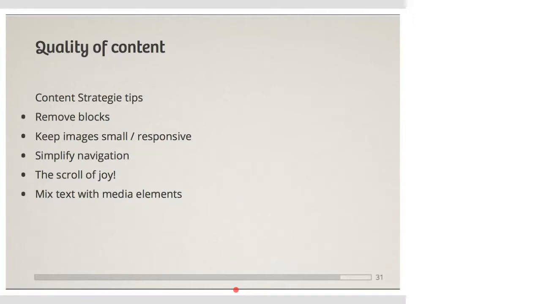So, how do you provide good quality content on your devices? I think a part of the content strategy should be to remove everything that's not important. So remove blocks and maybe even navigation, remove settings, just focus on content first. And keep images small or at least responsive. Small images are easy and quick to load on devices. And if you use a media set or a media pattern, they're usually